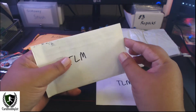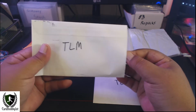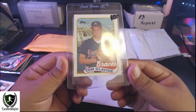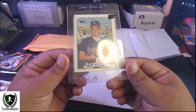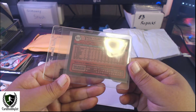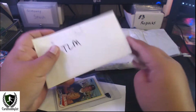Let's go ahead and see what TLM sent. TLM is just on a mailing streak sending stuff to my house. Hey, look. '89 Tom Glavine. No, it's not Bowman. '89 Tom Glavine Topps. So a nice little Hall of Famer there. '89 Topps, Tommy G. And then the other card he sent was